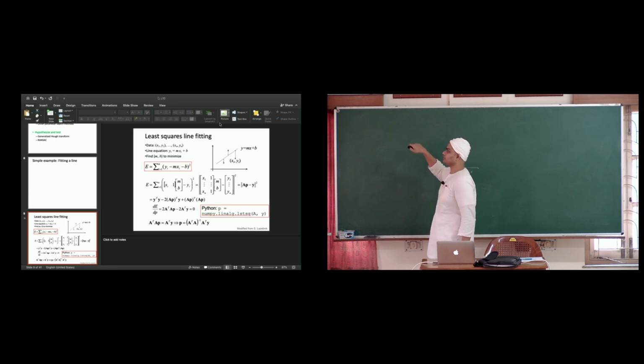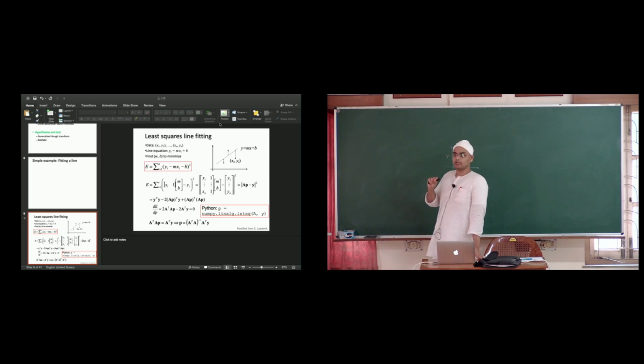So all we are going to do is, if I give you the points x1, y1 to xn, yn, you just come up with a line equation, y is equal to m x1 plus b, a model, right? A model you have come up with, and then you find out the error is this. For each point you are saying what is the error, this is the sum total of the error. Once you find the error,